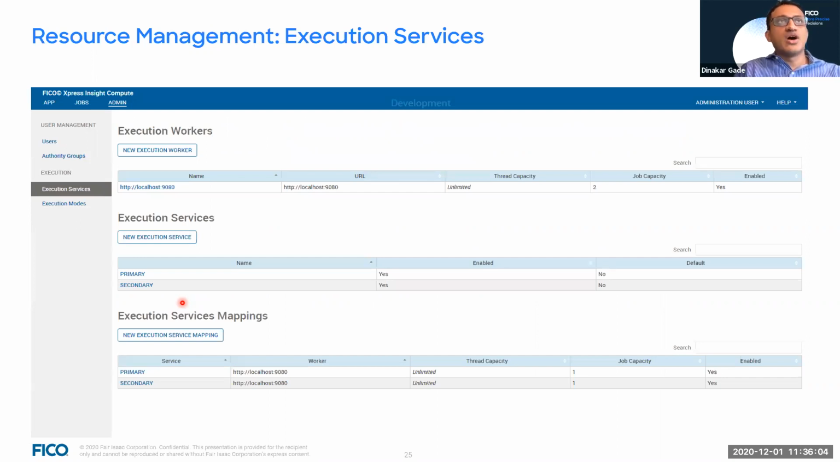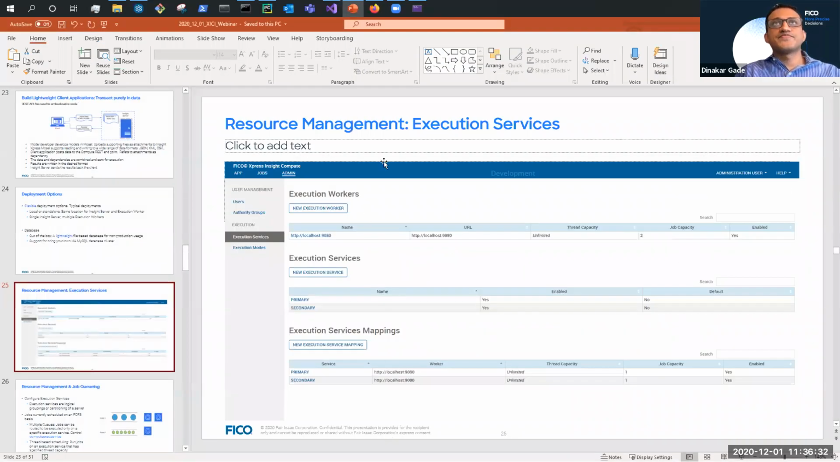Next, let's switch to how resource management is done. So how can you manage your infrastructure with Xpress Insight? Again, I want to emphasize that this is not new, but what's new is the remote execution capabilities. So this has been part of standard Insight. Some of you might already be familiar with this, but I want to demonstrate this anyway. So let me switch over to